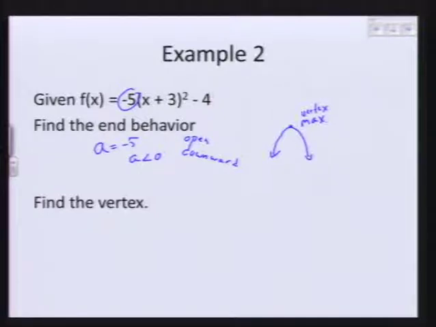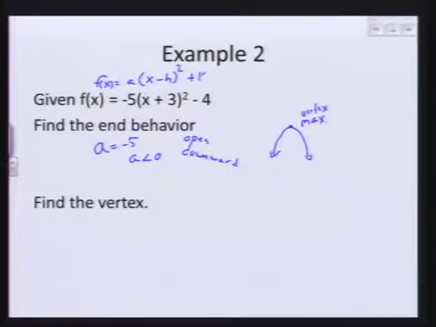All right, and we've determined the end behavior, and while we're at it, we might as well determine whether the vertex is a maximum or minimum. Now we're going to determine the vertex. Something happens a little bit differently here that we want to consider. We want to remember that we're working off the general standard form of f of x is equal to a times (x minus h) squared